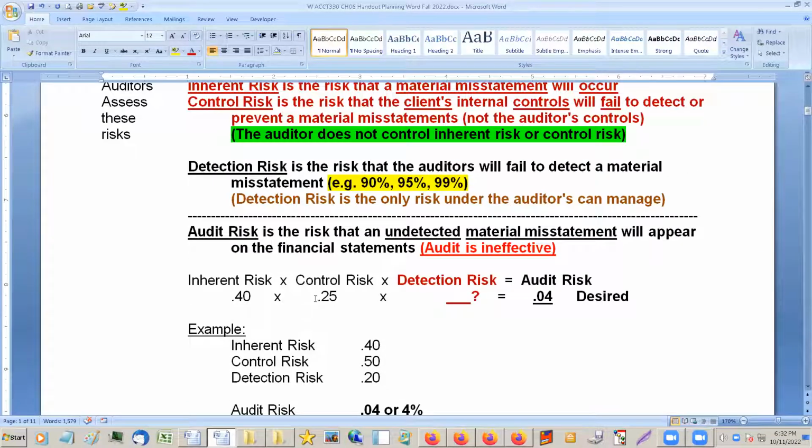We do our testing and we come up with this, gee, they made improvements on the internal control or whatever it is. So here is the question. What does your detection risk have to be to get a 4% desired overall risk? You want it to be 4%, you run into this, and you do your testing and inherent risk is 40 and control risk is 25. What does detection risk have to be?